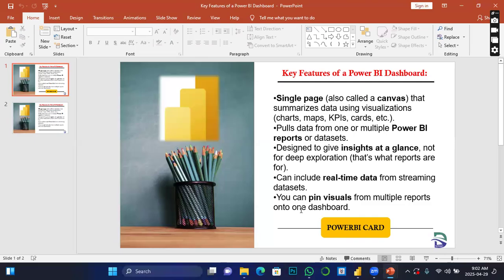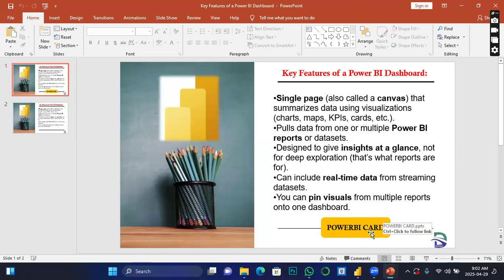If they are currently entering data in the data source that generated the current dashboard reports, as that information is entered, they can also optimize them in your dashboard component. Then you can pin visuals from multiple reports onto one. That is, there is a button that you can click on here. You can create a button that can take us to another dashboard. Now, that will take us to the next topic, which is dashboard design